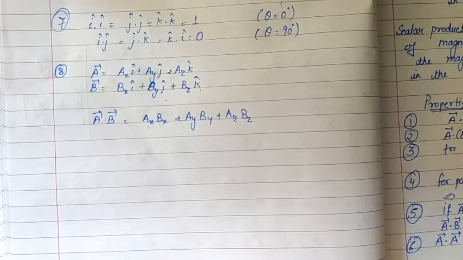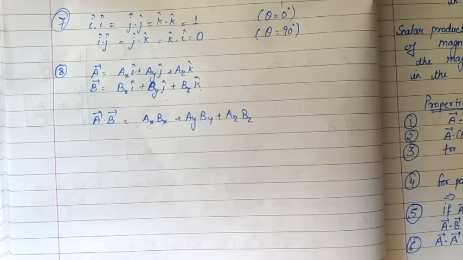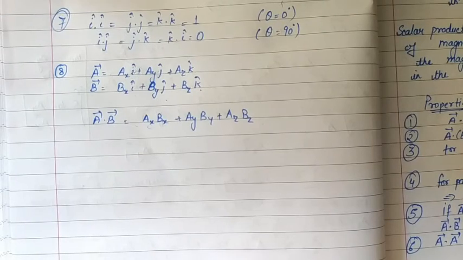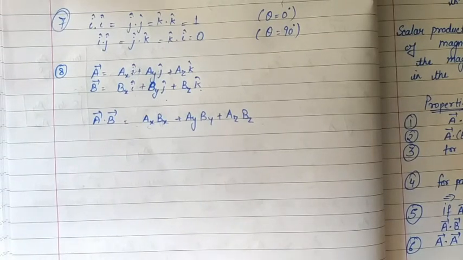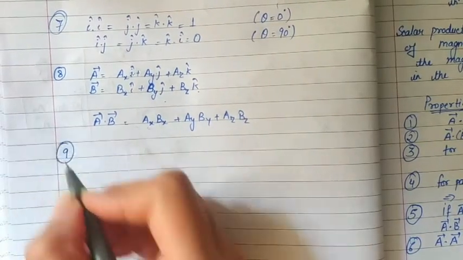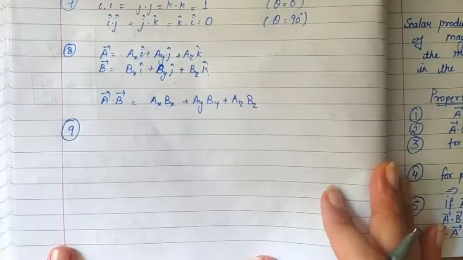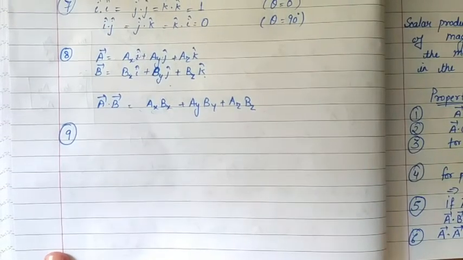So the final answer we get, it will be ax bx plus ay by plus az bz. This is how we can find the scalar product of two vectors if they are given in their corresponding rectangular component form. Also next thing that we can find is the angle between two vectors using this scalar product,